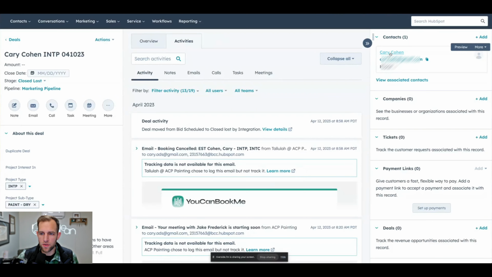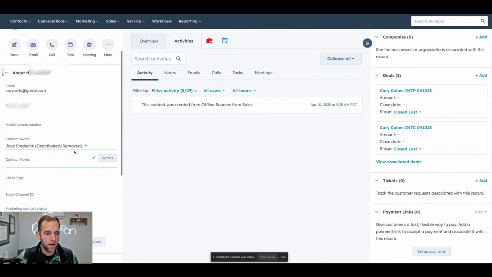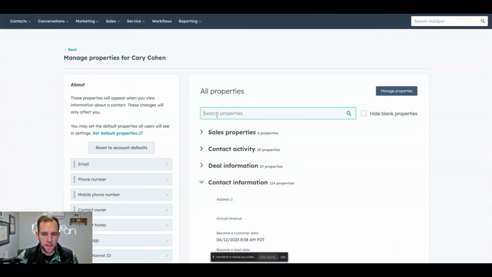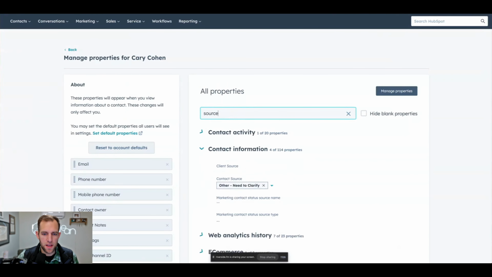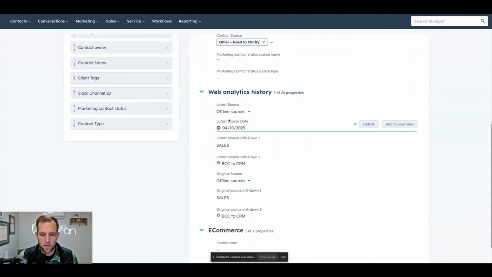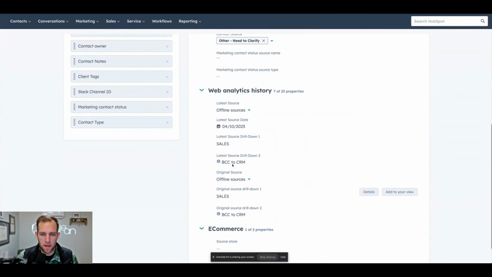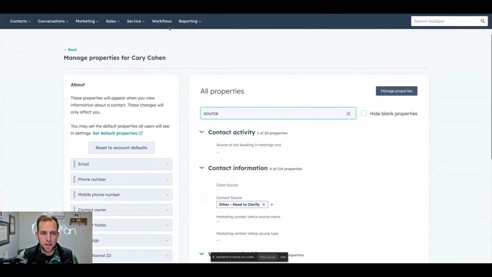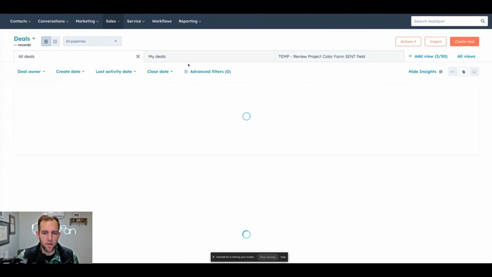So I can go to the contact here, and now I can go down to view all properties, and we can once again search for source and see if there's anything that might give us some information on where this came from. So we've got offline sources, sales, blind copied. So from everything that we can see here, this appears to be a brand source, and brand is an organic source that I